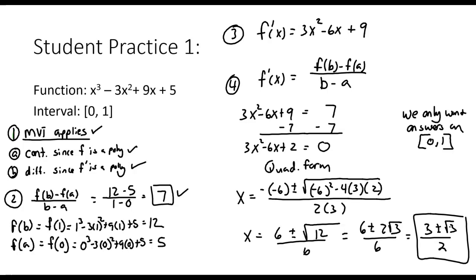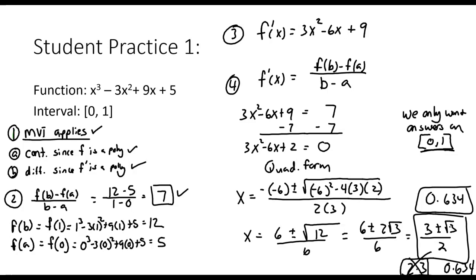So one of the answers is 2.3. Then we have 3 minus the square root of 3. And the other one's 0.6. In calculus, we're supposed to go up to 3 decimal places, so let me do that. I didn't do it here, but that's okay. This number here is not in our interval, right? It's outside of the interval from 0 to 1, so we could ignore that one. So my answer is 0.634. Okay. So unfortunately, sometimes you do got to do the quadratic formula,